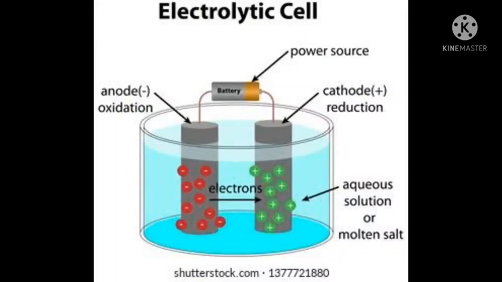Unlike charges attract and like charges repel, we all know this from standard 6. Now, during electrolysis, the cations in the electrolyte, being positively charged, are attracted towards the negatively charged cathode and move towards it, whereas anions, being negatively charged, are attracted to the positively charged anode and move towards it. This is how the ions move in the electrolytic cell and conduct electricity during the process of electrolysis.